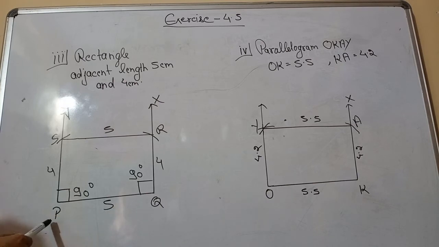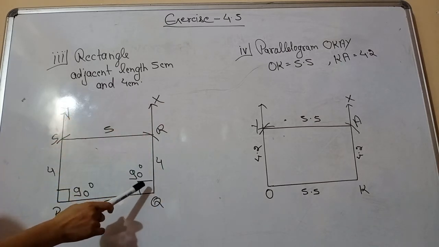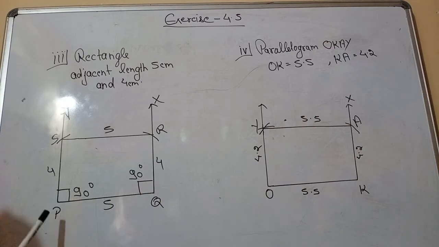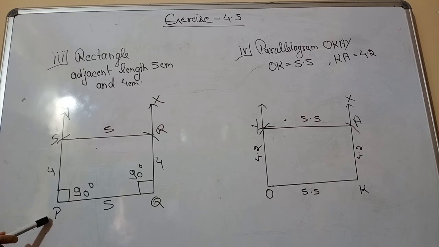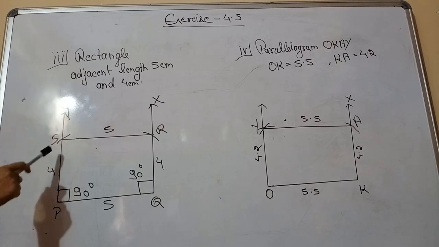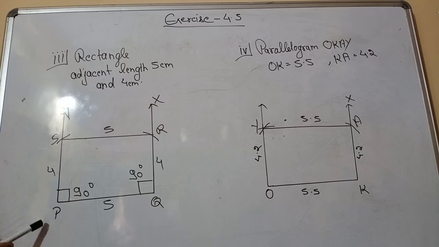Second step, make angle PQX 90 degrees, or we can say place your protractor at Q and make an angle of 90 degrees, which is named PQX. Third step, the same angle you have to construct at point P. Place your protractor at point P and make an angle of 90 degrees, which is QPY. After that, place your divider on P, take radius 4 cm, cut one arc like this and name that point as S. We have a ray PY and we cut this ray at point S, which is at a distance of 4 cm from P.